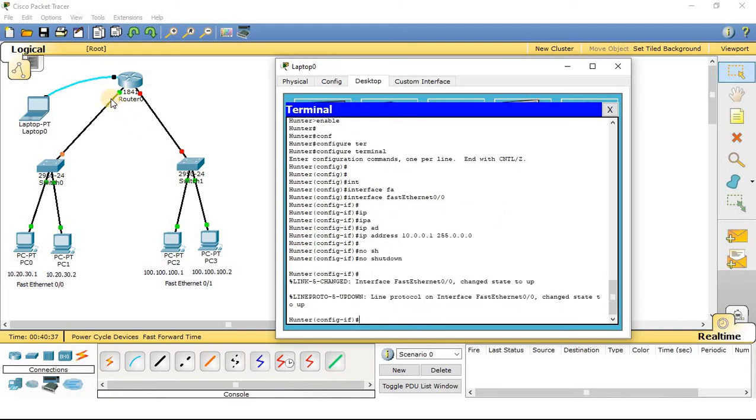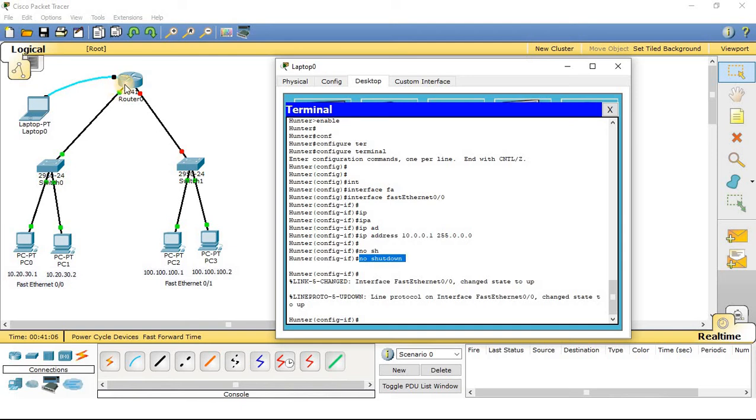So observe, as I have run the open up command for this particular port. Previously this port was shut down. So I have run this no shutdown command to open up the status of this fast Ethernet 0/0 port of this router.